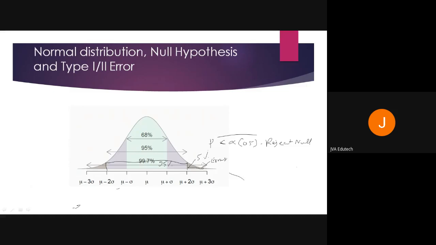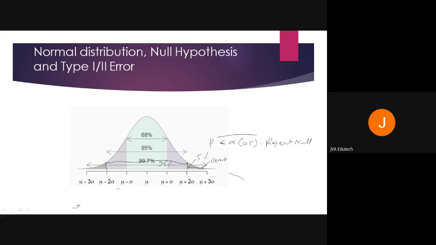Now what is this P? P is the probability of the occurrence by chance. So if anything occurs by chance, it will fall into the 5% error zone. So the moment you are saying P is less than 0.05 or P is less than 5%, it means it is not falling in the error zone, it is not happening by chance, it will fall into your confidence interval level. And that's where you will reject the null hypothesis.